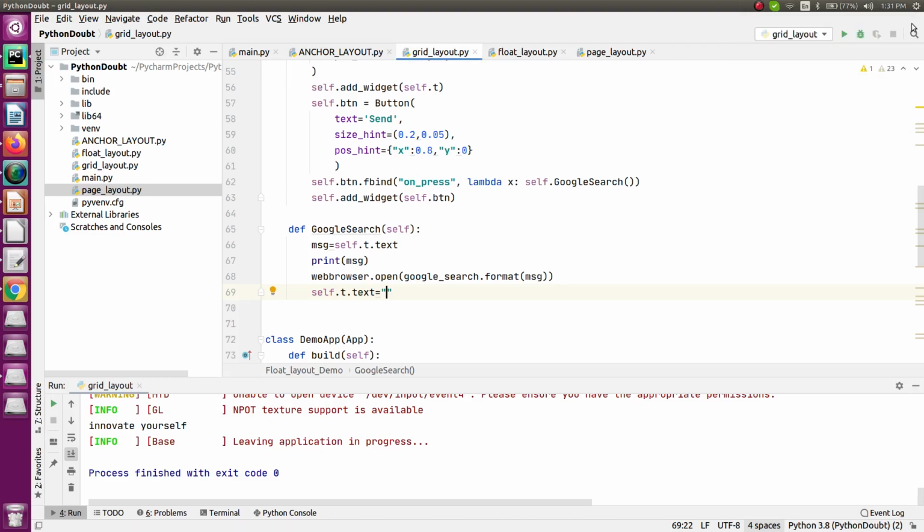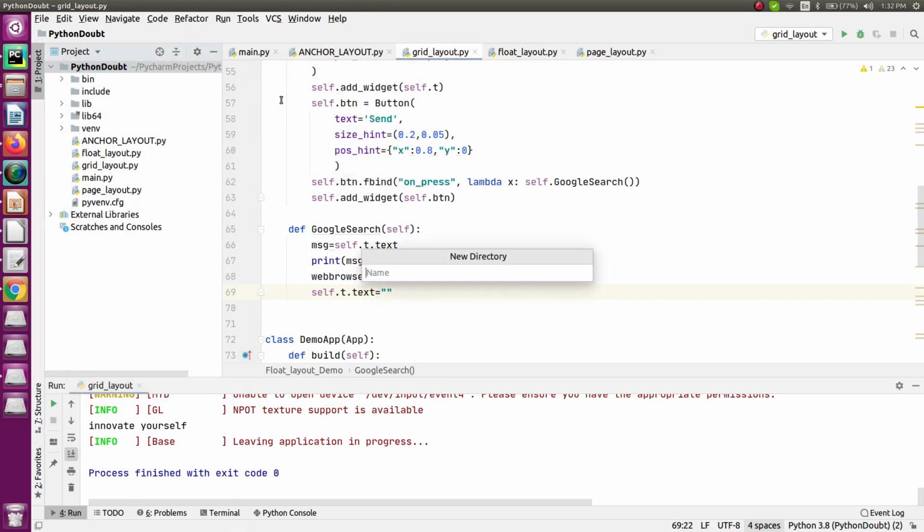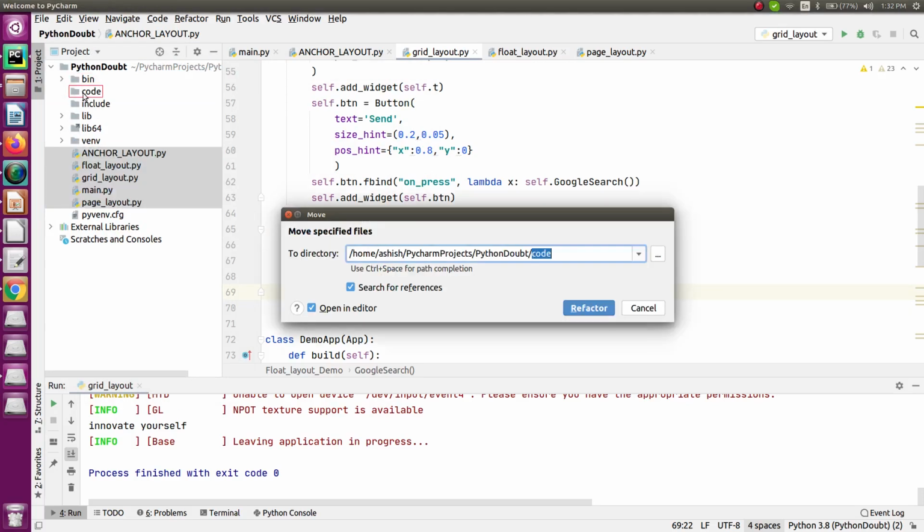Let me show you how to do that part. The first and very important thing that you have to do is rename this script to a new name, and that new name will be main, which means your application name should be main.py. So this is how you have to rename it. But as you can see, main is already there. So let me shift the rest of the code into a new directory so that I can work properly. Let me shift everything into this code directory.